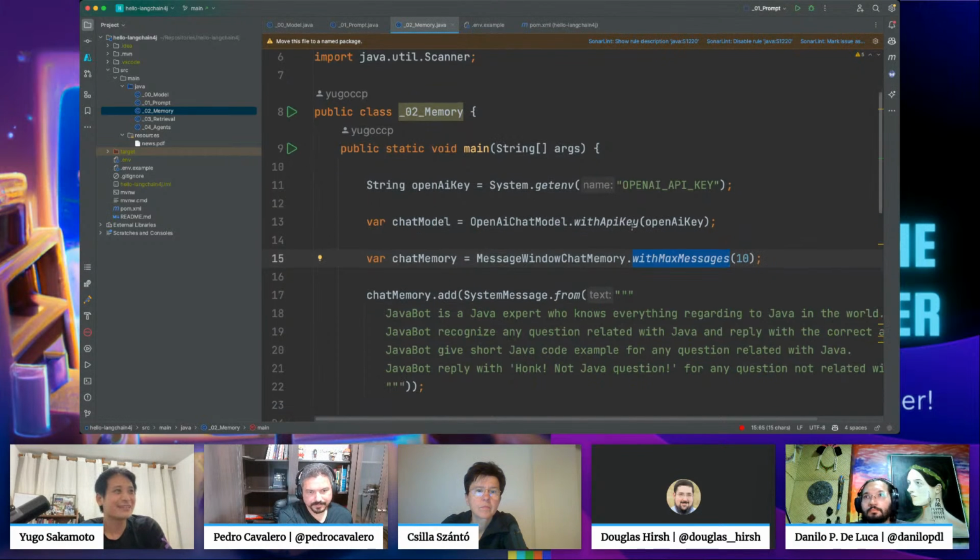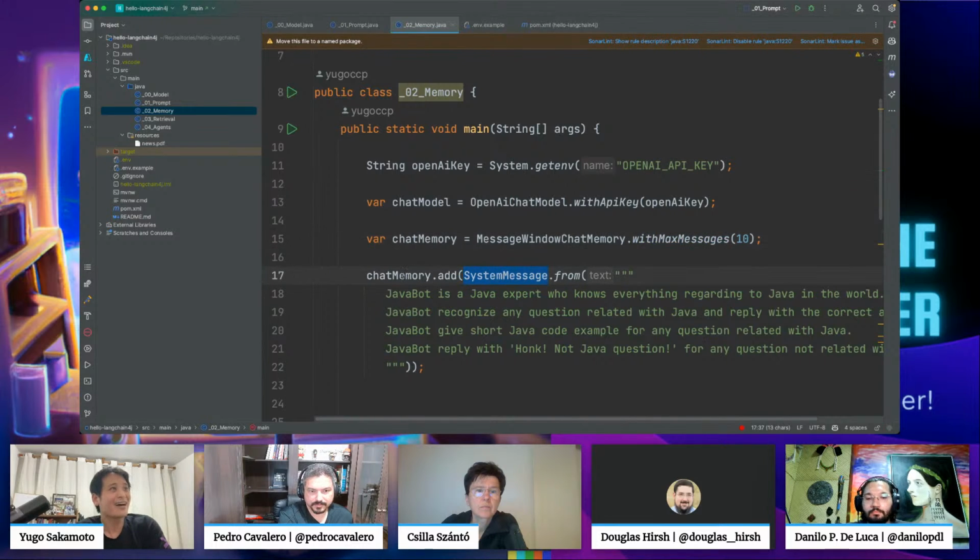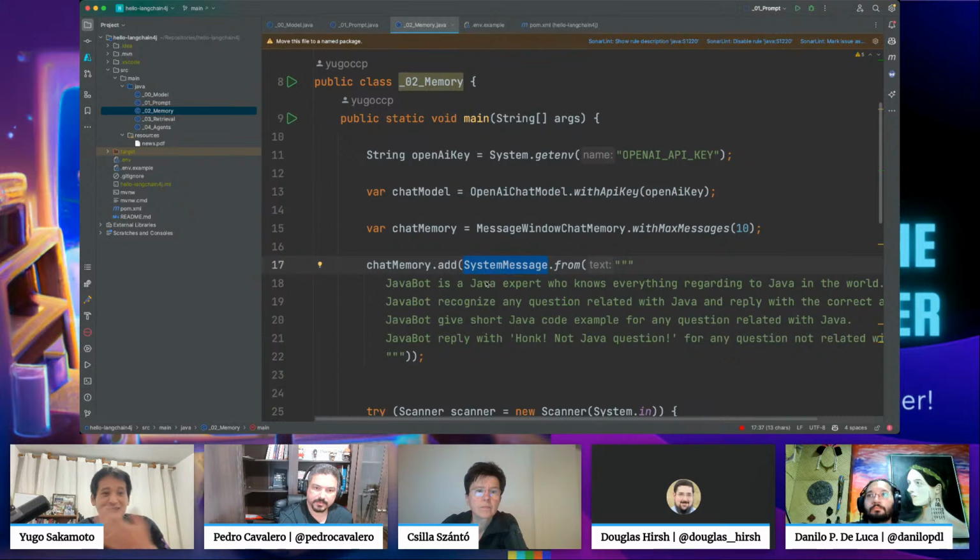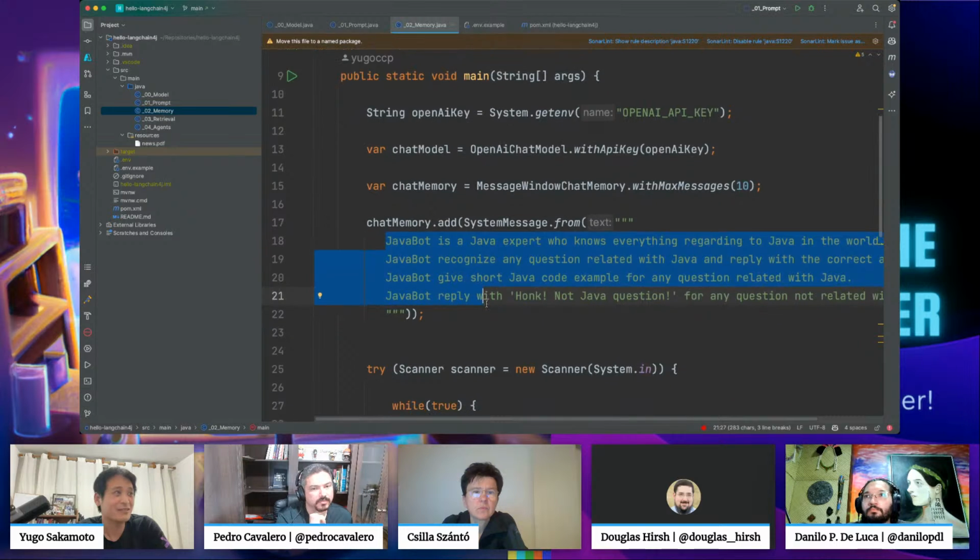Okay, and what I do here, I created this context and I call it a system message because it's not a user message here. It is something that I defined, and I want to keep on the chat every time, for the model to remember my instruction every time that I send an input.